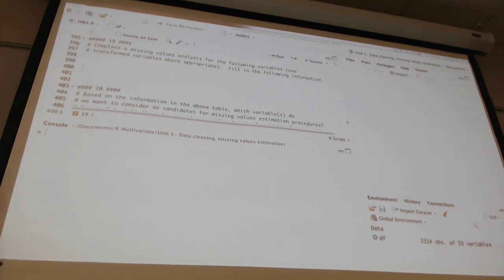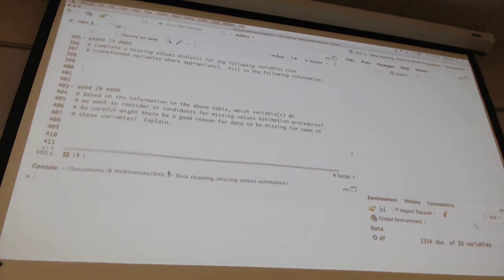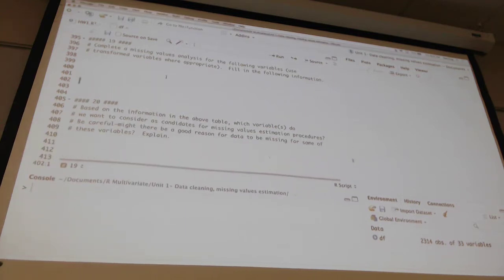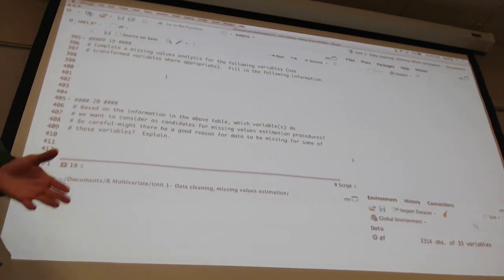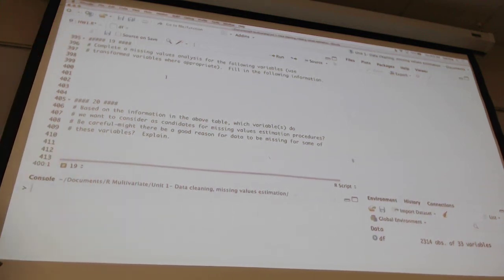Today we'll start at number 19 where we left off. And so we're going to do a missing values analysis. On this, probably the easiest way, as far as if you look at the assignment itself, it's just looking for the percent missing across all these different variables. Well, is.NA